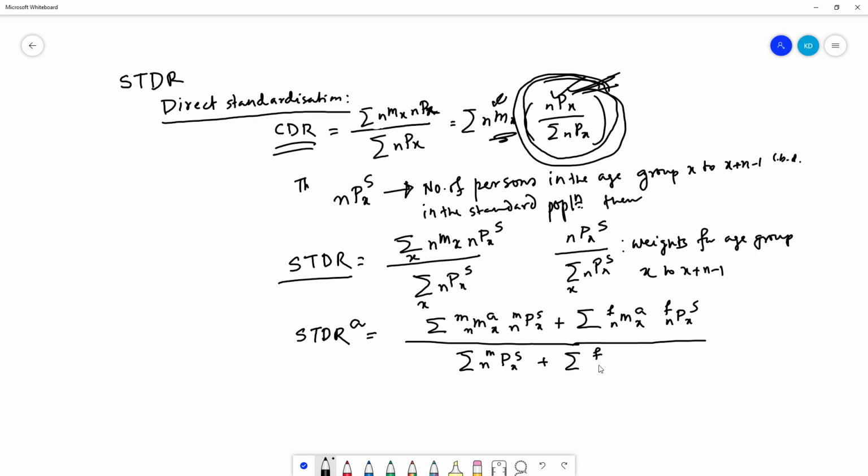This is for female. Now, the advantages of this STDR is that it is easy to compute and also easy to interpret. If the age specific death rates of one community are higher than those of another, the fact would get reflected in the adjusted death rate. And the disadvantages are: